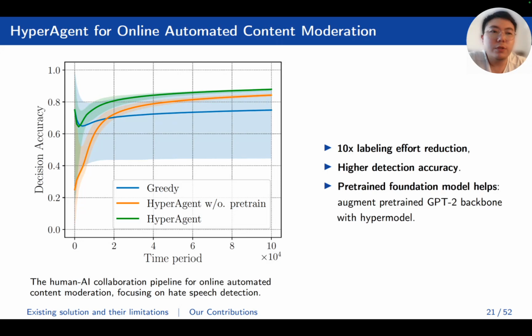However, the human resources, the human feedback budget, is limited. So our algorithm basically saved the human labeling effort by tenfold compared with this greedy method that considers no uncertainty in terms of the